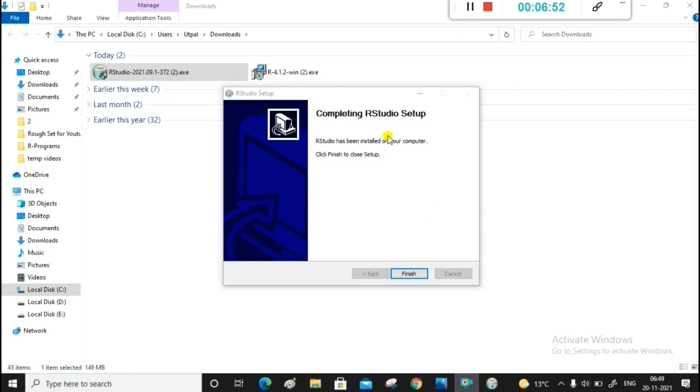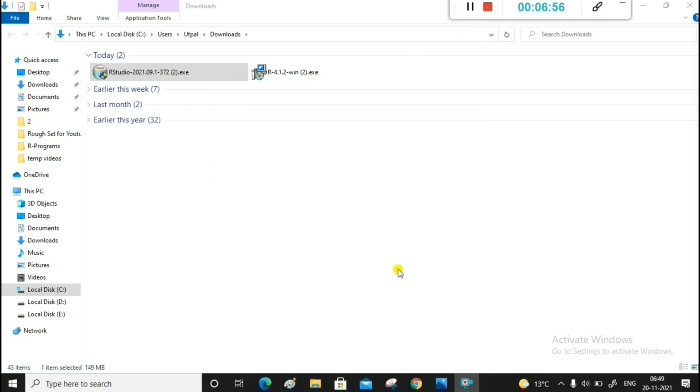Okay, completing RStudio setup, click on finish. So now R and RStudio are installed in my machine. So you have seen the installation process is very simple.